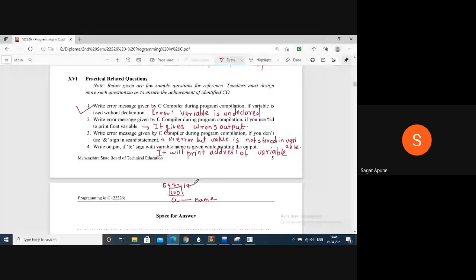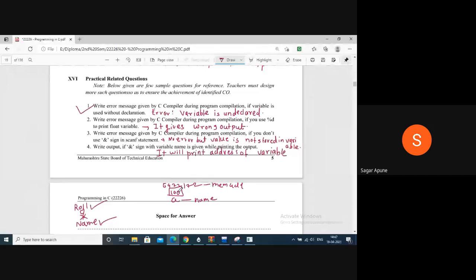Like you have your roll number, you have your name also, but you are the same person, right? The same person has a different name and a different roll number. The same thing applies here. The variable name is a, the memory address is 6422172, but the value is the same, 100. Okay, this is the memory address.